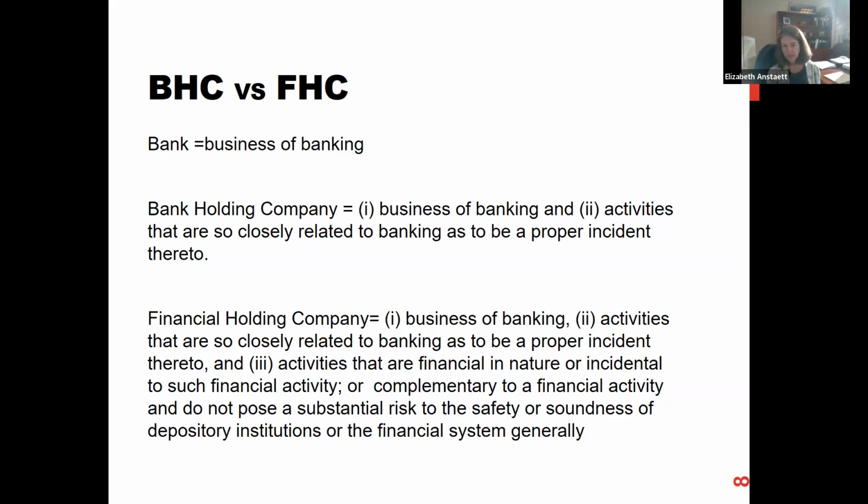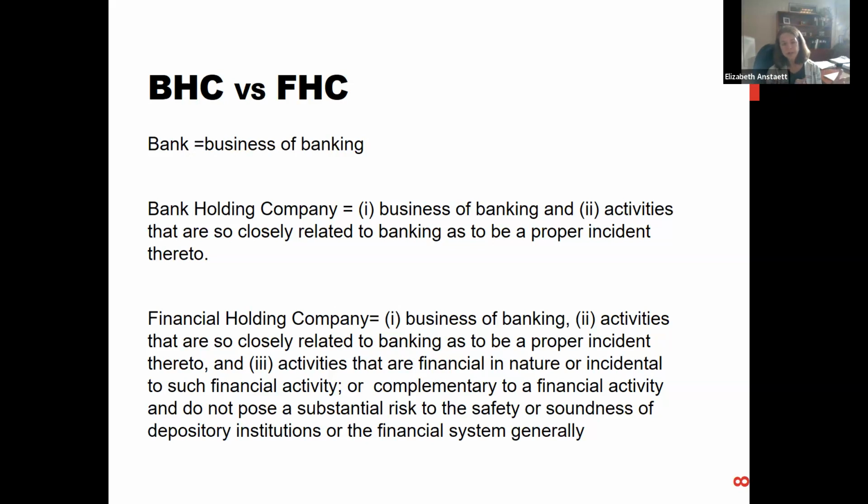Another piece that came out of this was the fact that we have these big companies now that have all these different activities. And in 1999, it was decided that functional regulation was the best way to deal with this, which means that the SEC will regulate the part of the financial holding company that deals with underwriting and securities activities. Bank regulators will deal with the banking aspects, and state insurance regulators will deal with the insurance aspects. And what we see is that this means there are all these silos. There is no one looking at the whole company, really.